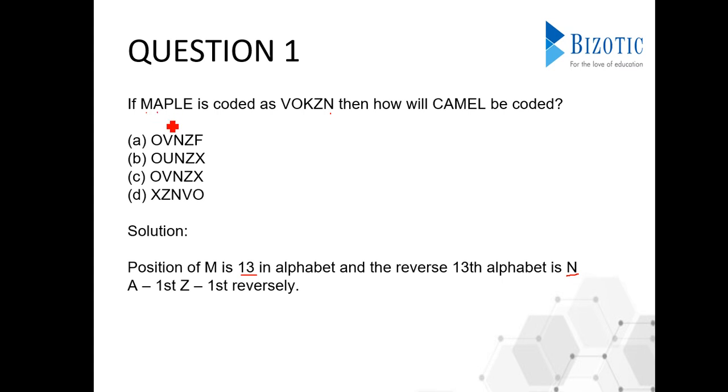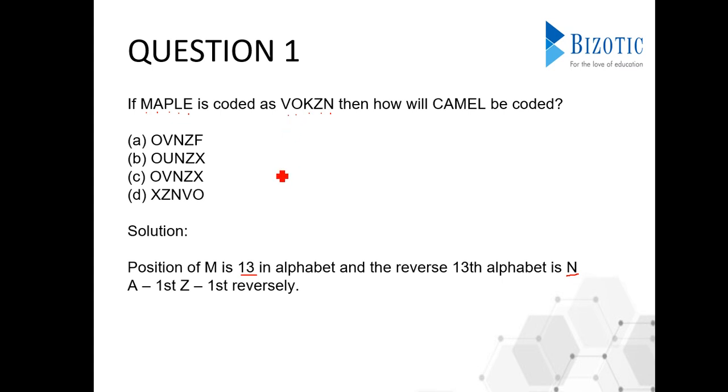A will be in the first position when we go from A to Z, and when we do it in the reverse order we get Z as number 1, and we can see that it is in the fourth position. Next, P. P is in the 16th position and K is in the 16th position from Z to A. L, when we see from A to Z, is in the position 12, and O from Z to A is in the 12th position. Similarly, for E, when we count from A to Z, it's in the 5th position, and when we count from Z to A, we find in the 5th position the alphabet V.